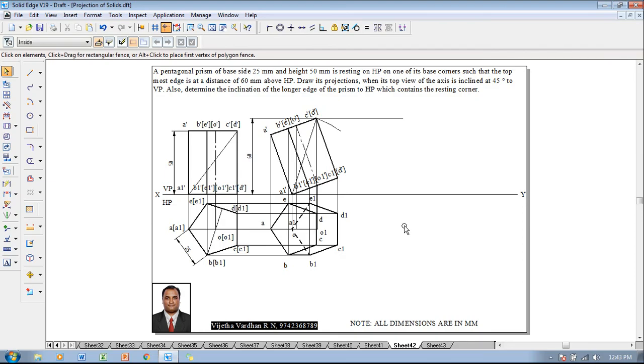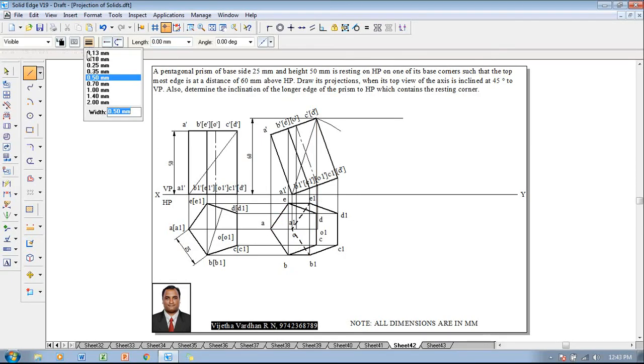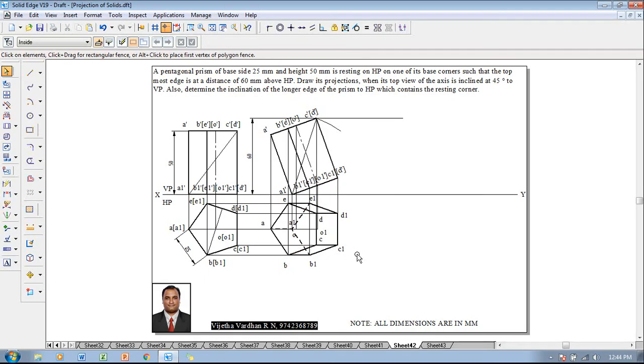and the rest of the edges come on the boundary line. And then using a line command, we have to connect the longer edges. The longer edge AA1 is passing inside the visible base, hence it must be an invisible edge. So AA1 is an invisible line, and then CC1 is passing inside the invisible base, hence it must be visible. So I must represent it as a visible edge like this. And even DD1 is also passing inside the invisible base, hence it has to be shown as a visible line. And after which we have to represent the axis position O1.